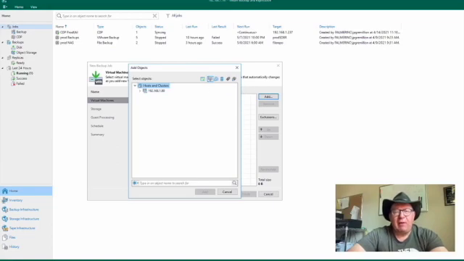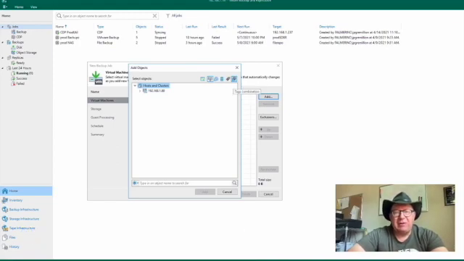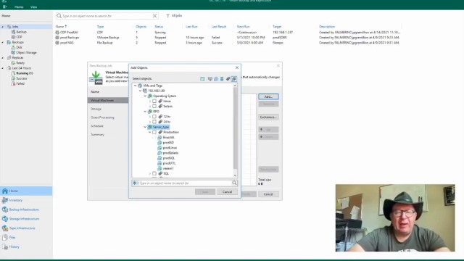right, in our VMs and folders view, in our data stores and our tags, we now have another tab that's been added, and this is the tag combinations. So if you click on this, it's going to switch to the VM and tags, just like you see with a typical tags view, but now it's going to give you a list of all your tags, and when you start selecting these underneath your categories, you now have checkboxes for multiple tags. So in this job, I'm going to select my production VMs, and I only want to select VMs that have